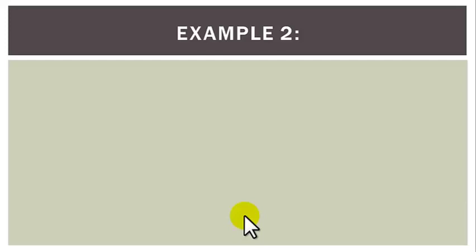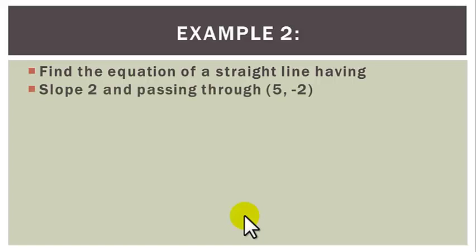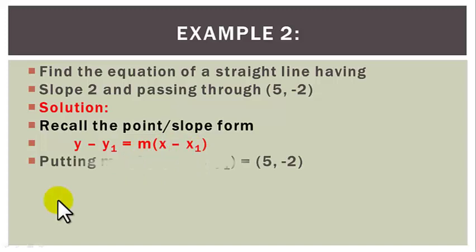Example 2. Find the equation of a straight line having slope 2 and passing through the point 5, minus 2. Solution. Recall the point/slope form of the equation of a straight line, which is this: y minus y1 equals m times x minus x1. Now putting m equals 2, that's the slope equals 2, and the point x1, y1 equals 5, minus 2 into this equation, we obtain